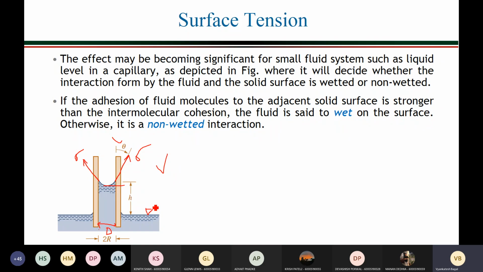We know this, right? So based on your understanding of the concept of capillarity, derive an expression for the capillary rise in this case. Derive an expression for this h. Can you derive on your own an expression for h, the capillary rise? Can you derive the expression? If it is possible, say yes, otherwise